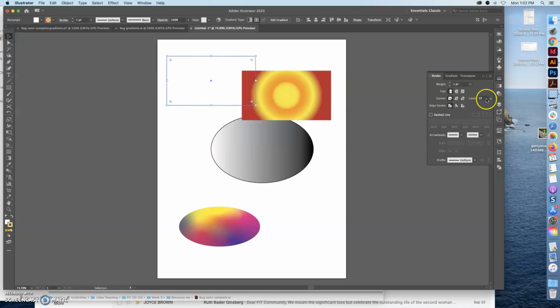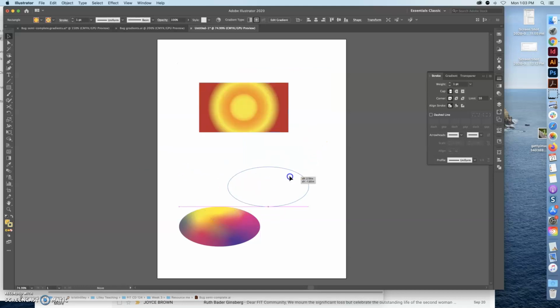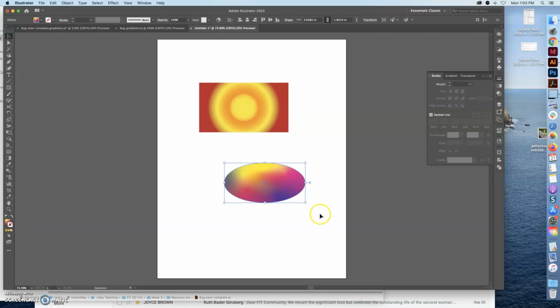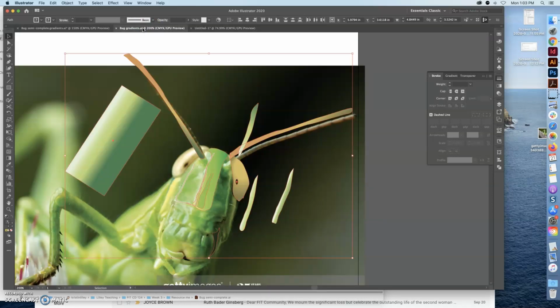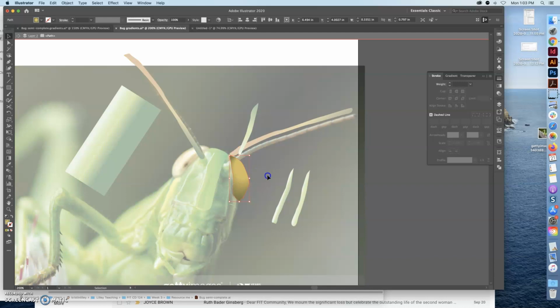But that is kind of a neat technique. If I went in there and made my outline quite large, you can get some fun things going on. So just spend some time experimenting with that. And now I'm going to put this away, and I'm going to go visit my bug. And I have been playing with some gradients here. So I have the shape of this eye here,